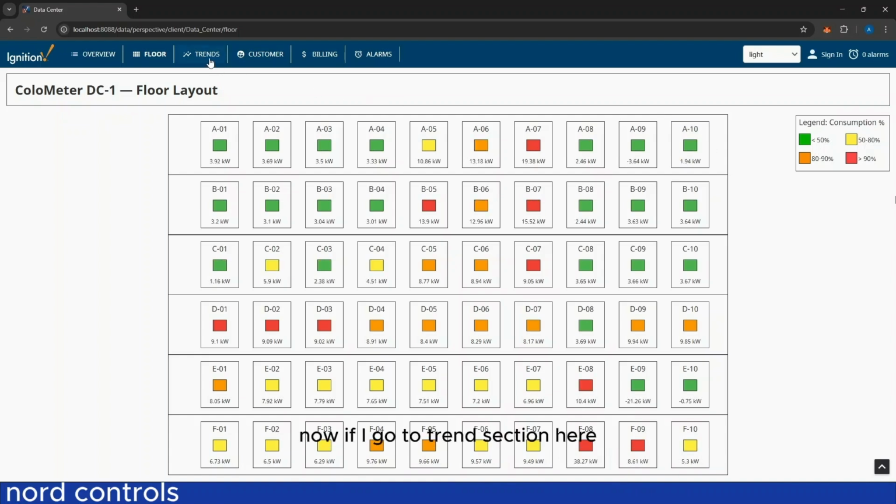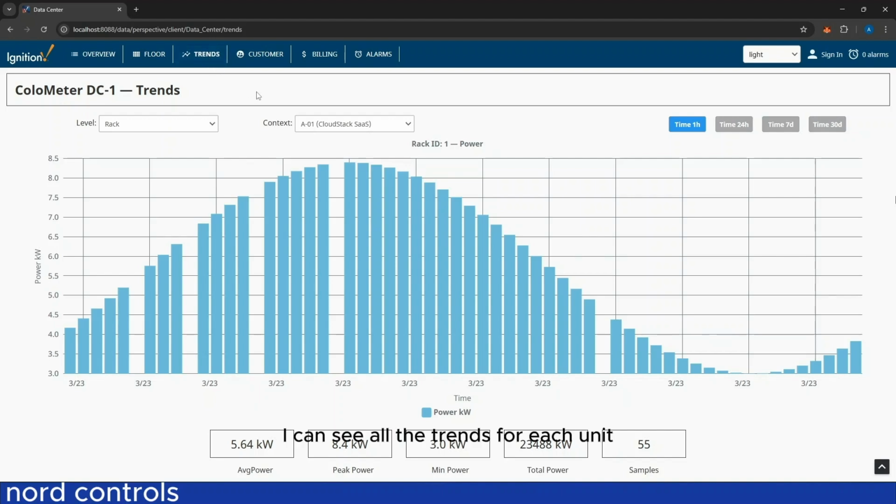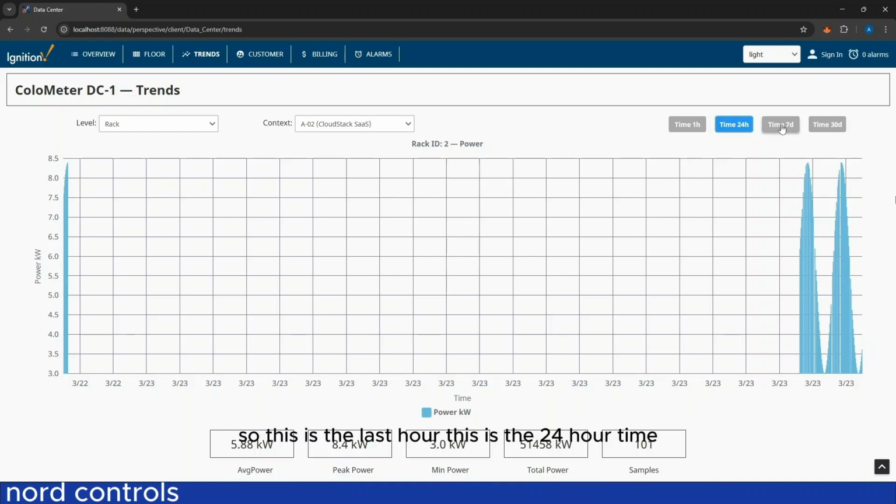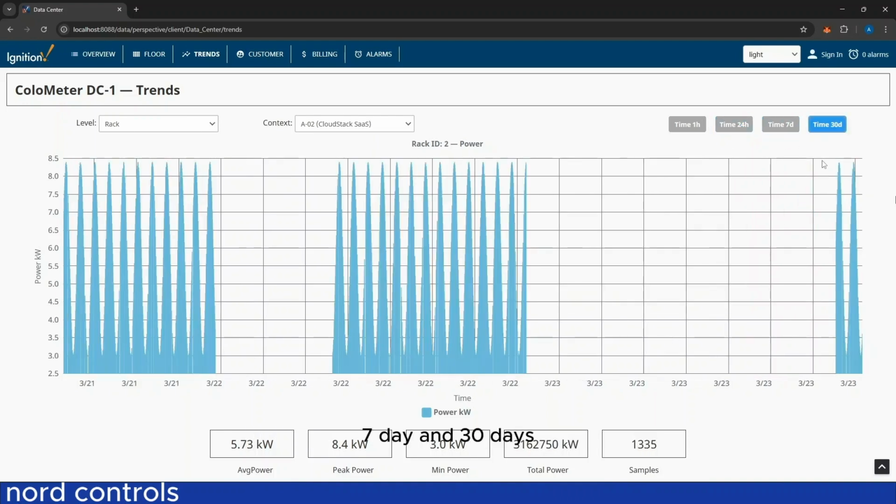Now, if I go to the trend section, here I can see all the trends for each unit. Here I can see the rack level. So for each unit, I can see the trend. This is for the second one. And I can also switch to different time sections. So this is the last hour. This is the 24-hour time, 7-day, and 30 days. At the bottom, I can see the average power, the peak power, minimum power. Here is the total power consumed, and the number of samples in this time frame is